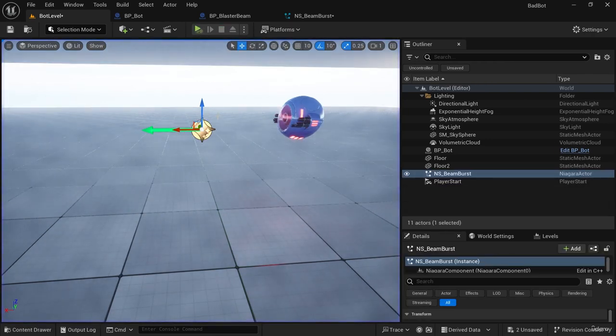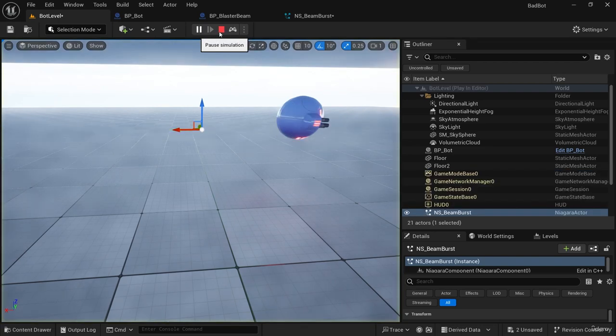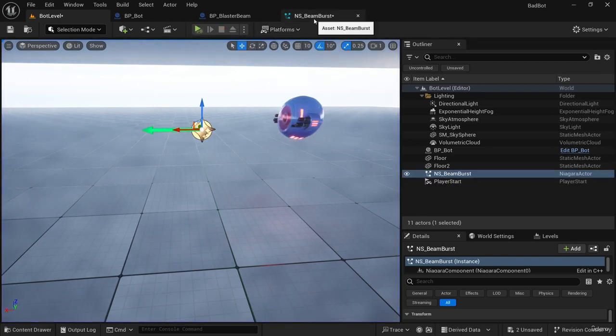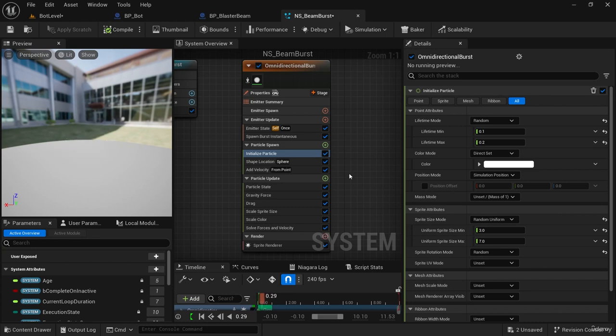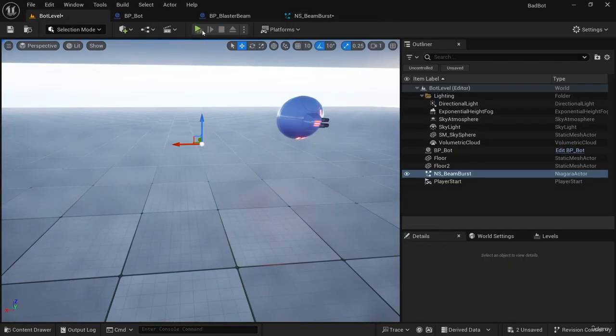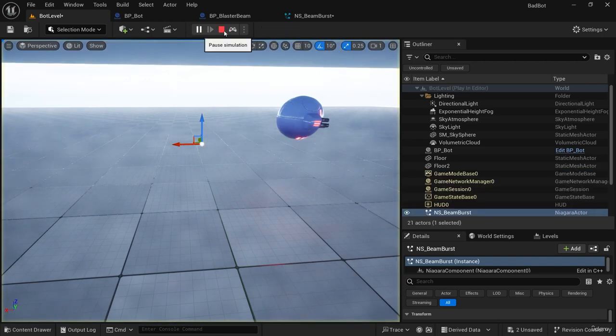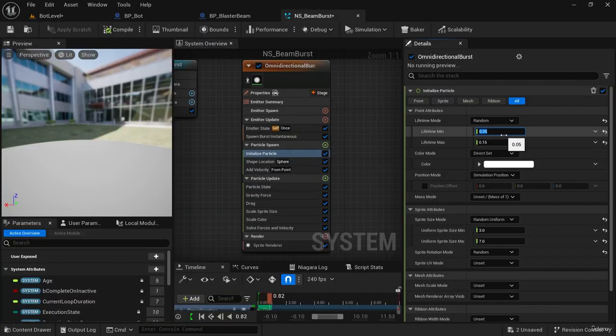So as you can see, the particle burst is quite large. It's almost the size of our drone itself. That may be what you want. It may be too large. So what I'm going to do is take the lifetime min and set it to 0.05 and the lifetime max to 0.15. So it's going to be slightly smaller, and we can barely see it because it's so short-lived. So I might actually make that lifetime min still 0.1 and the max about